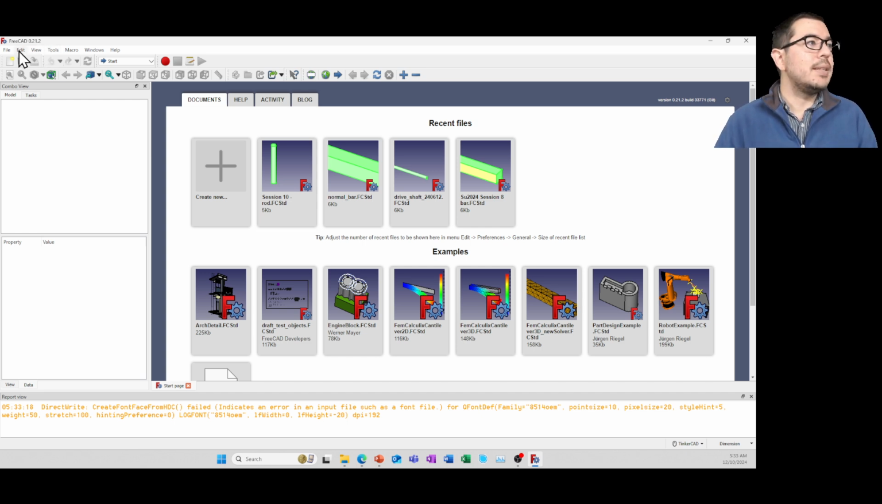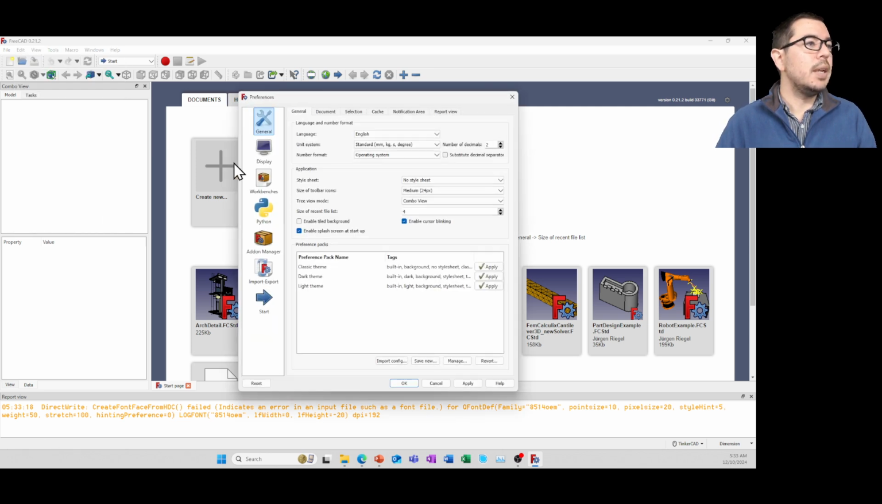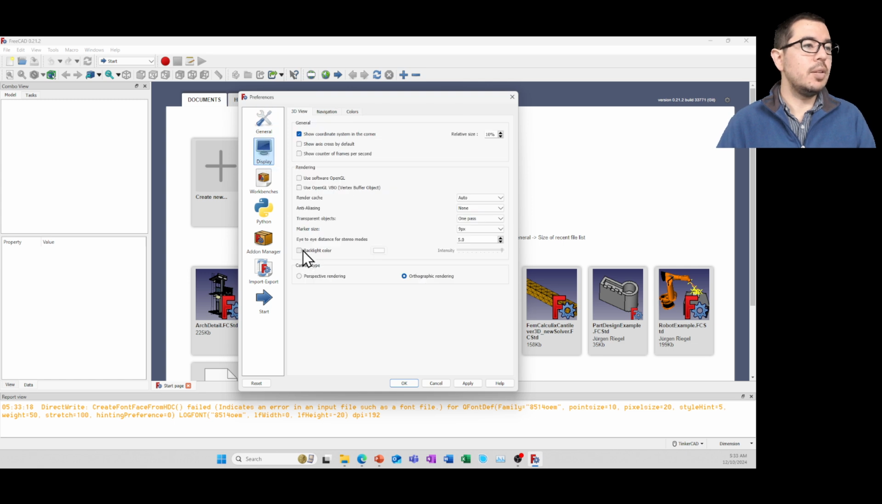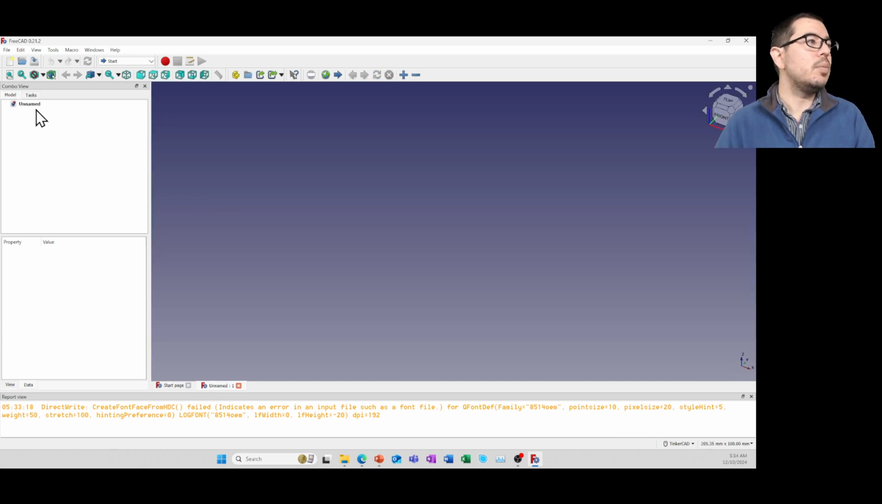If you haven't already done so, it's probably a good idea to go to your preferences, click on display, and use backlight color. I don't know exactly why it's programmed out like this, but for some of the finite element analysis, if we want to see the colors in our results, it's good to have that option selected. We're going to click Create New, and we're going to come up here and